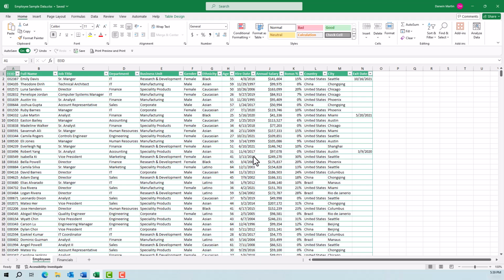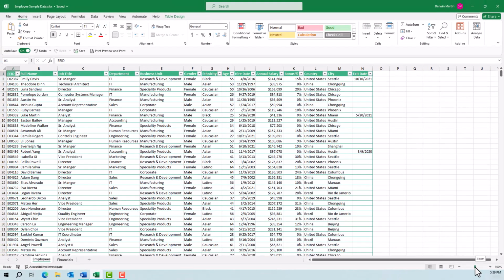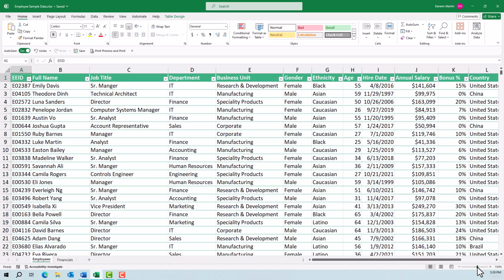So to do that, the first way we can do that is if we come down here to the bottom right corner of our spreadsheet, you will see a slide bar with percentage of the view that you are seeing of that spreadsheet. Now I can actually click on the zoom and move it to the right, and it will actually zoom in on my spreadsheet so that I can see a particular cell or multiple cells to analyze the